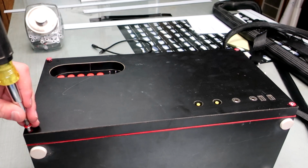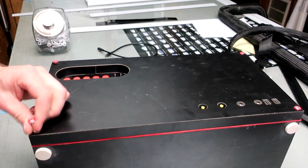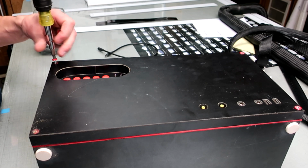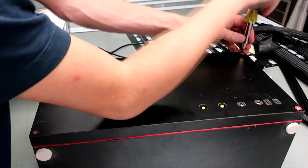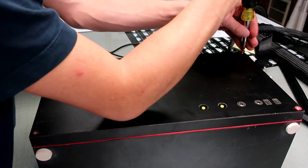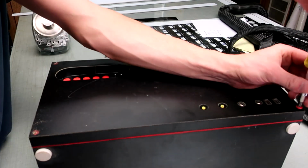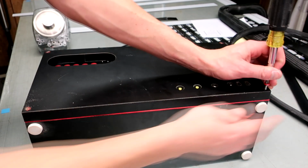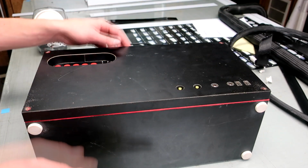So these screws were at one point painted red. This boombox is over a year old, by the way, so it's been through a lot already, and it's held up really well, and I really enjoyed it. There's quite a few audiobooks on it already. Got these non-slip pads on the bottom. That's just nice. Okay,